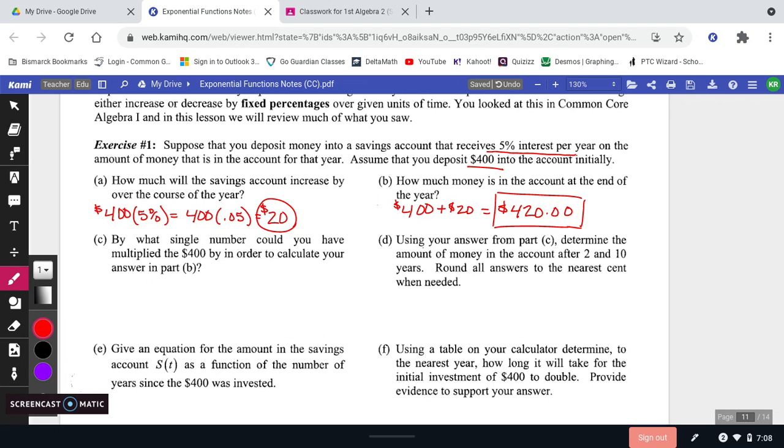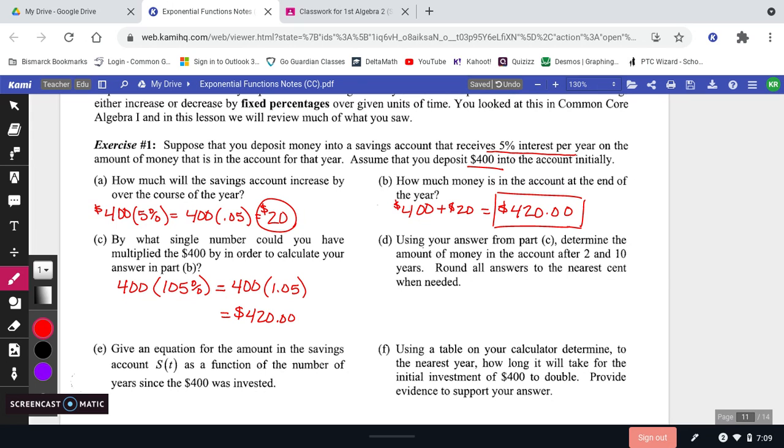By what single number could you have multiplied the 400 by in order to calculate your answer in part B? Well, the 0.05 that I used is just for the interest. So if I want everything, I would actually want to multiply by 105%. The 100% gives you back the original $400 that you invested, and then the 5% gives you that increase of the $20. Written as a decimal, that would be 1.05. So your growth factor is 1.05. It's greater than 1, so we're going to be increasing,